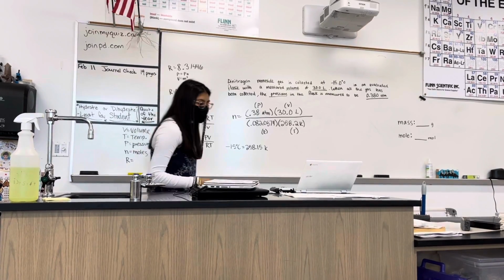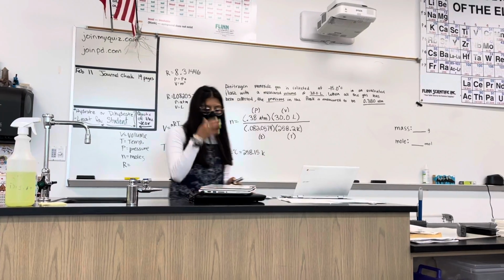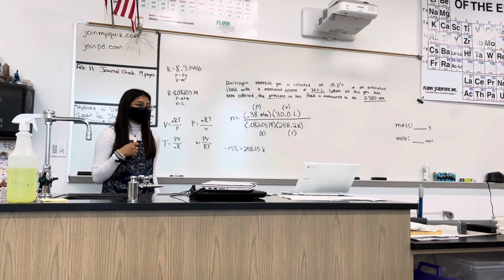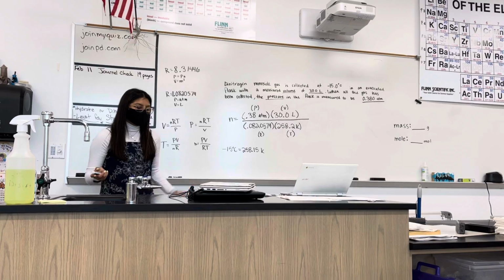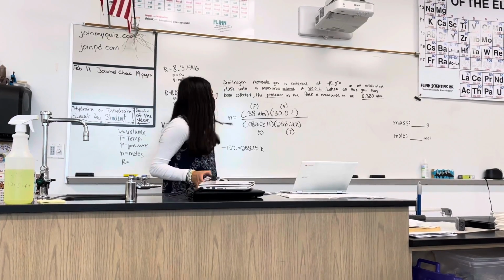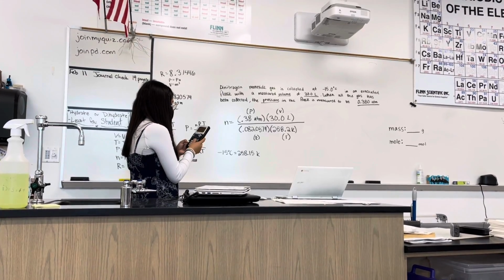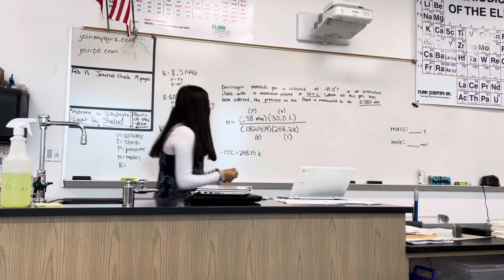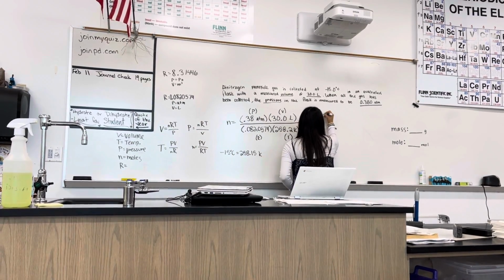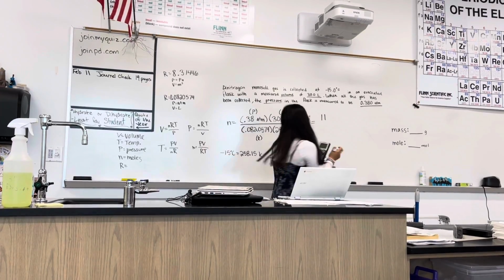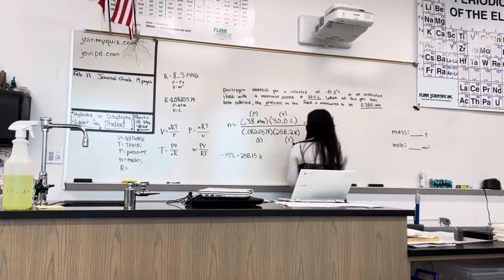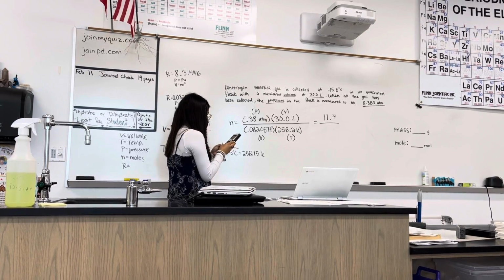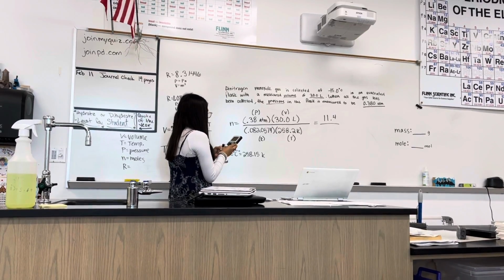Anyways, so now you plug it into the calculator, and I wouldn't plug it all into the calculator at once, because if you miss some number, you're gonna get it wrong. So what I usually do is I put parentheses 0.38 parentheses 30 parentheses. So this equals 11.4 over, and then we multiply that, 0.0820574 and 258.2,